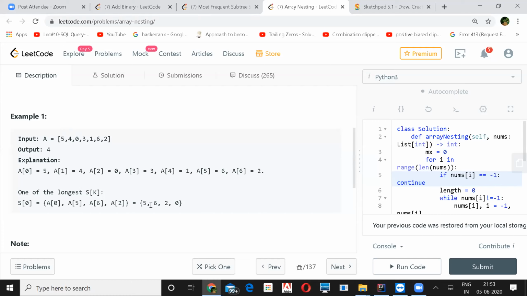Yeah, that's true. But only if we start from any of the indexes which are already present in this set, right? How will we know the length if we are starting by the visited length, the longest one? That you can keep track of, how many elements are in that set.